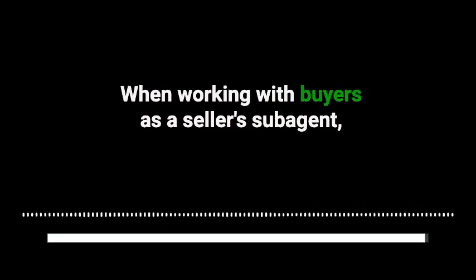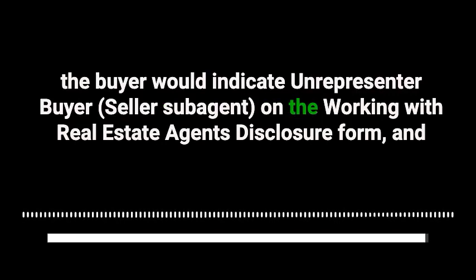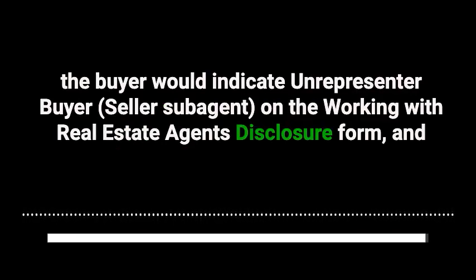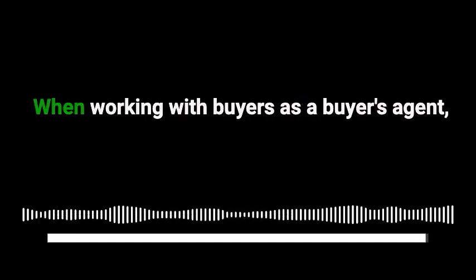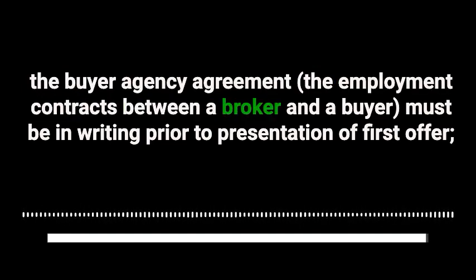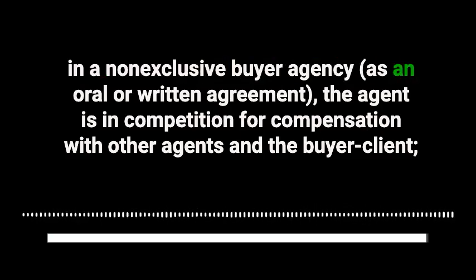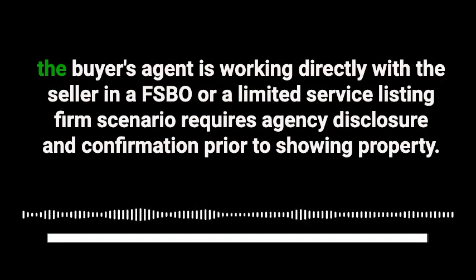When working with buyers as a seller's subagent, the buyer would indicate unrepresented buyer on the working with real estate agent's disclosure form, and the seller and listing firm must be willing to allow subagency. When working with buyers as a buyer's agent, the buyer agency agreement must be in writing prior to presentation of first offer. In a non-exclusive buyer agency, the agent is in competition for compensation with other agents and the buyer client. In an exclusive buyer agency, compensation is owed regardless of how property is found,